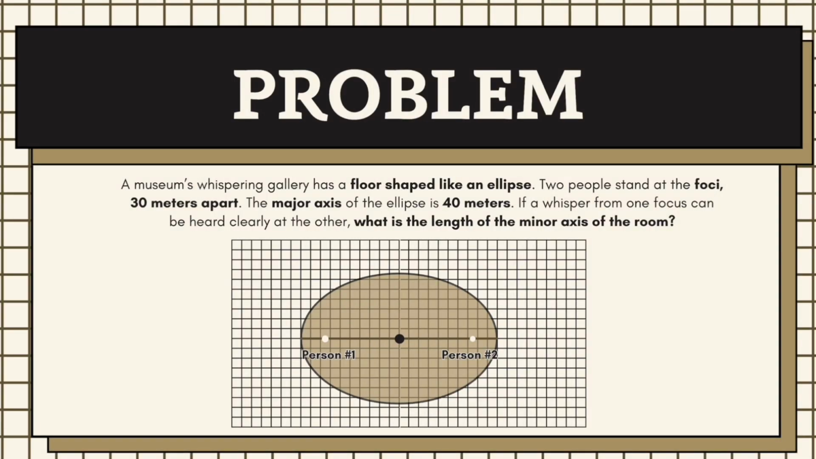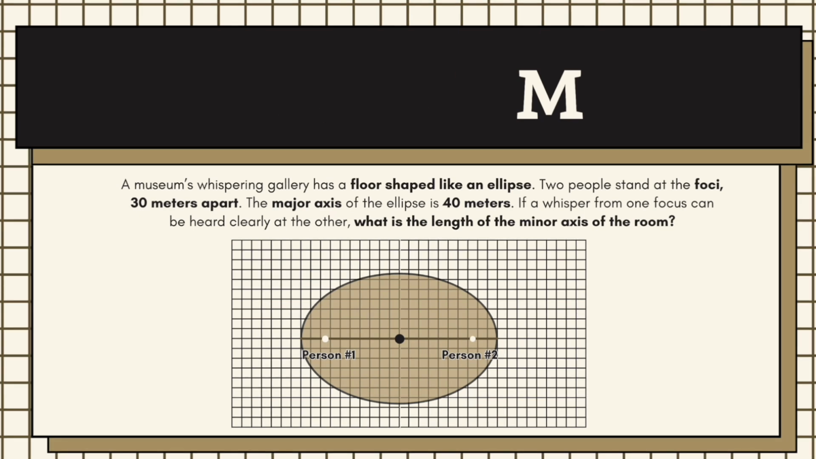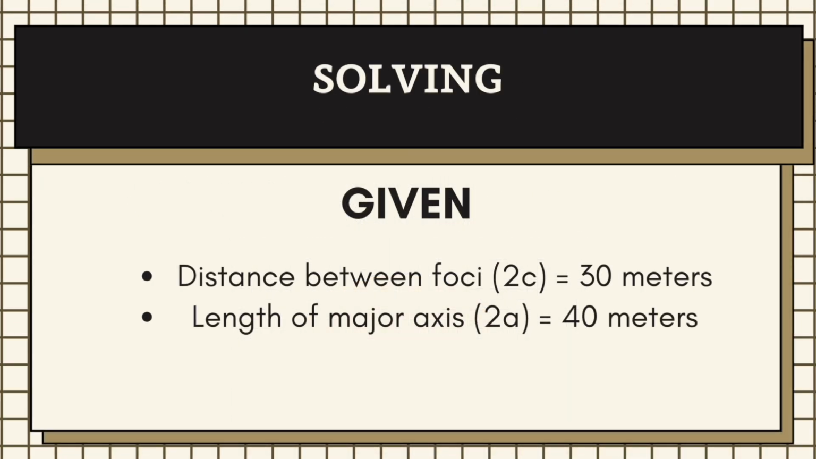A museum's whispering gallery has a floor shaped like an ellipse. Two people stand at the foci 30 meters apart. The horizontal major axis of the ellipse is 40 meters. If a whisper from one focus can be heard clearly at the other, what is the length of the minor axis of the room? So the given values are the distance between the foci, which is 30 meters, and the